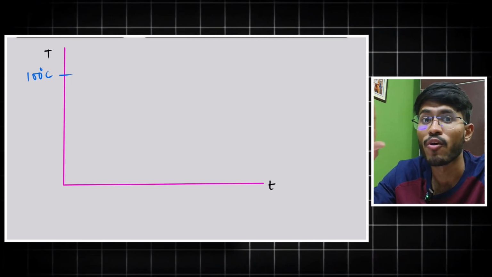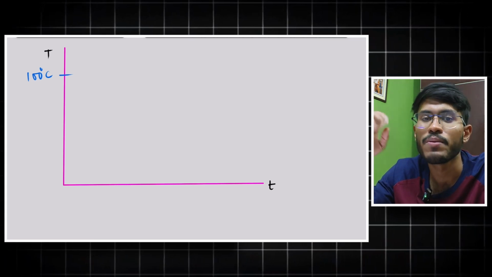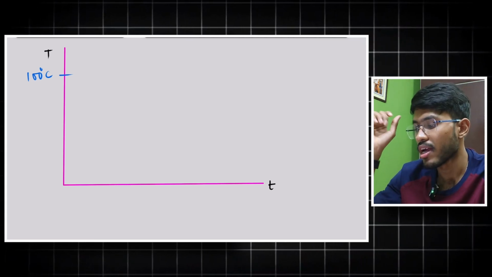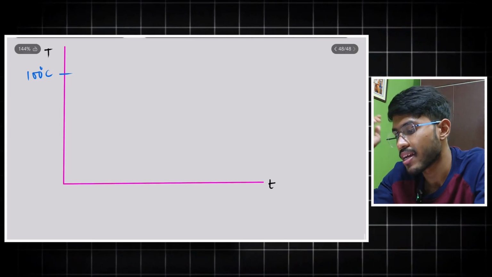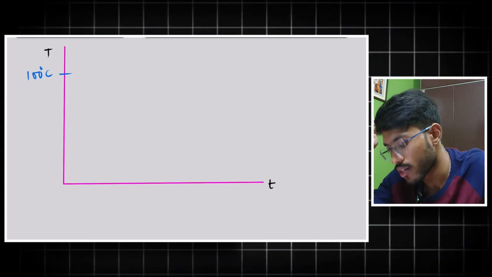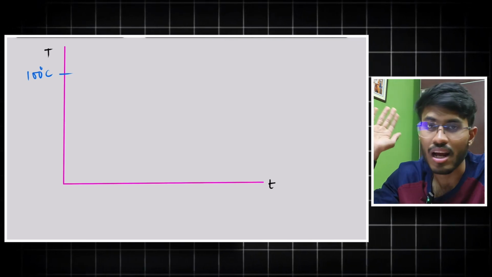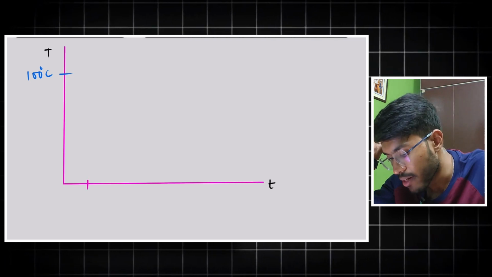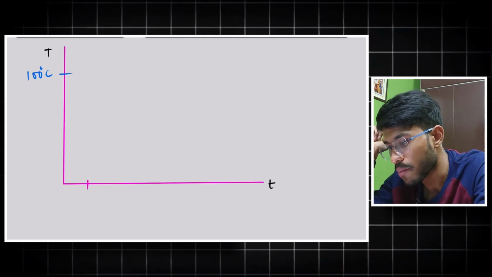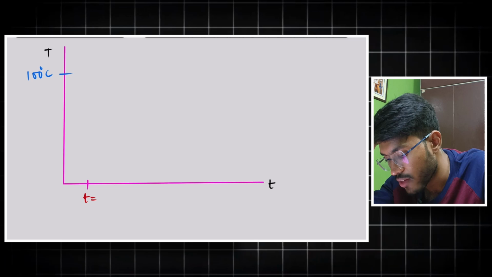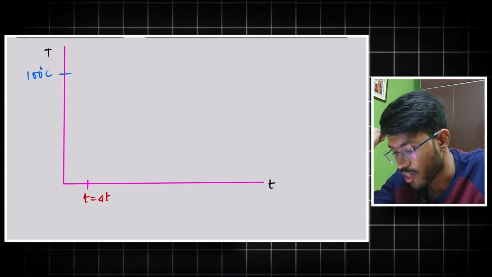And these things are what they expect from you in the BARC interview. Okay. Now, let us say that at time t equal to 0, the object was at 100 degrees Celsius. Now, at a particular time, maybe at a time of t equal to delta t,